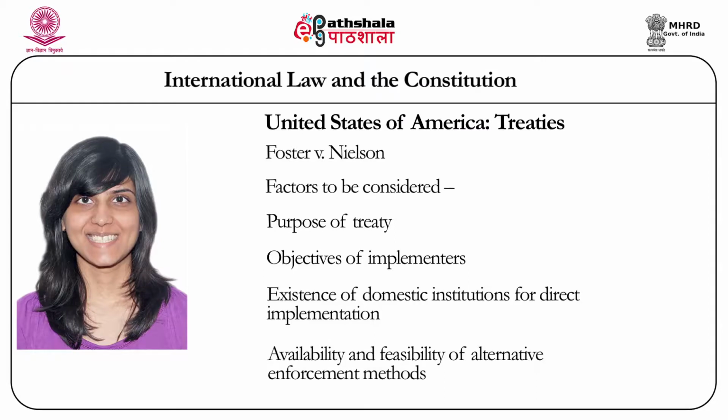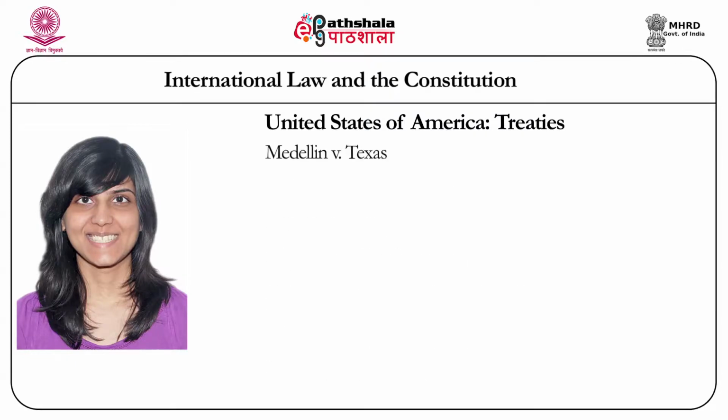For instance, some would argue that if alternative means of enforcement do not exist, or are too inefficient or costly to use, and if direct enforcement of treaty rights is the best alternative, then the treaty should be considered to be self-executing. Some even argue that there is a presumption in favor of self-execution in the case of ambiguity. The position of the United States Supreme Court on the issue of what is a self-executing treaty is ambiguous and has changed over time. The current position was set out in Medellin v. Texas and is deeply controversial.